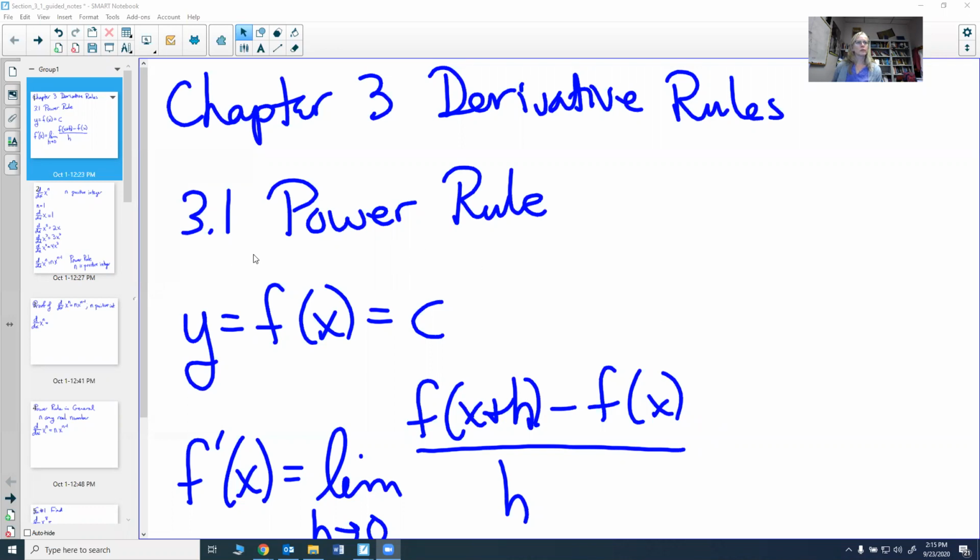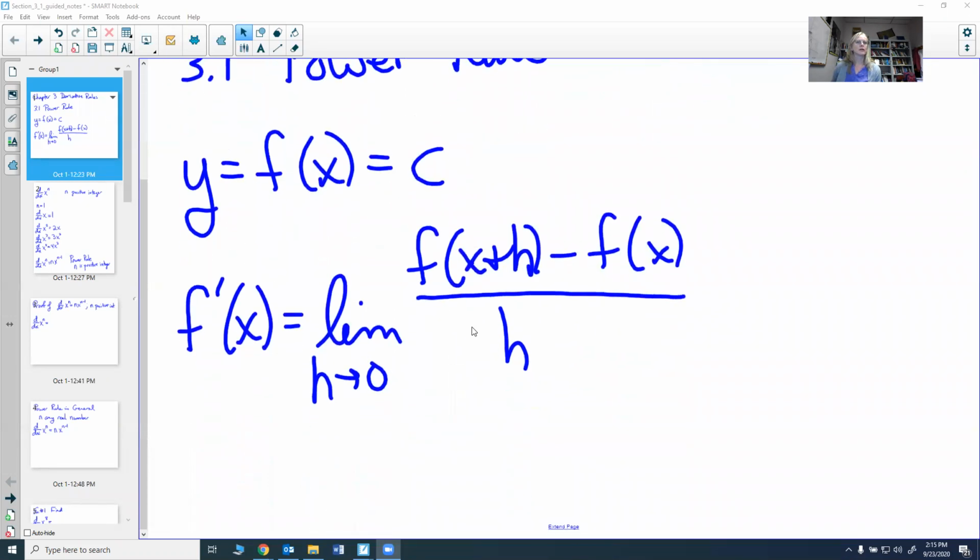So the first rule we're going to work with is what is called the power rule. So let's just say we have a function y equals c, just f of x equals c. I want to find out what its derivative is. So remember, this is the rate of change. I want to find out what that is. So using the definition of limit,